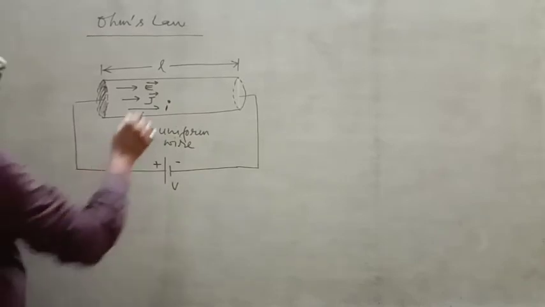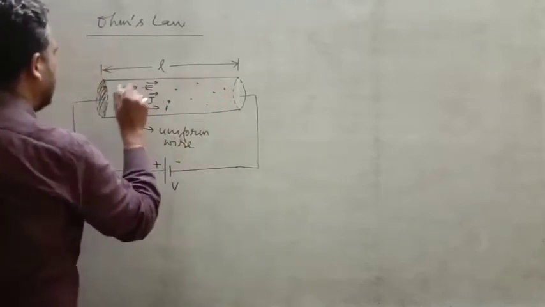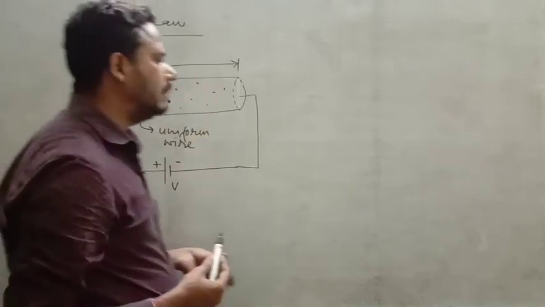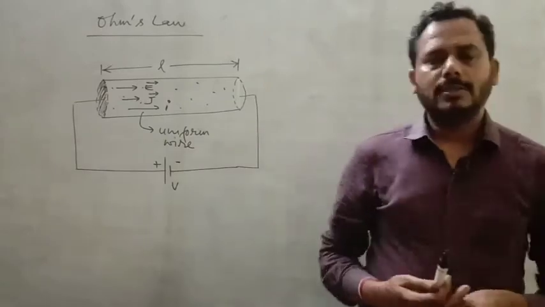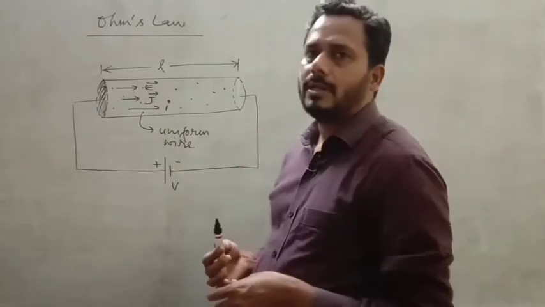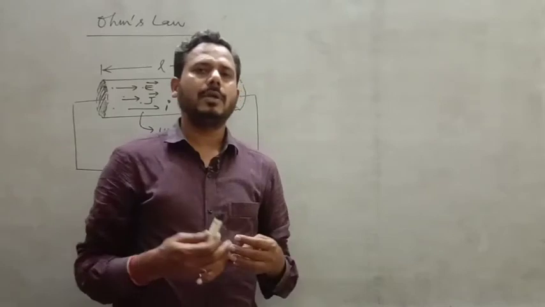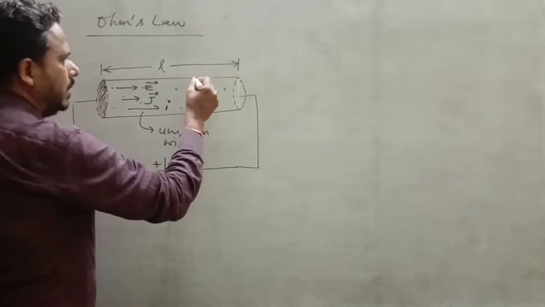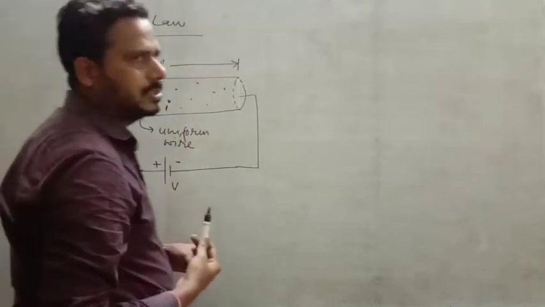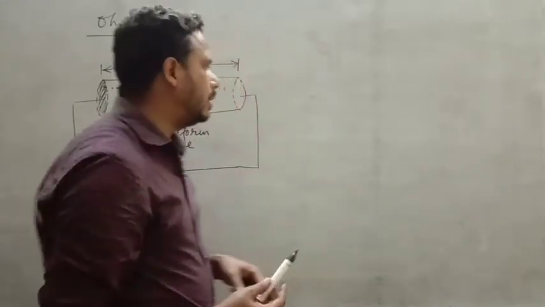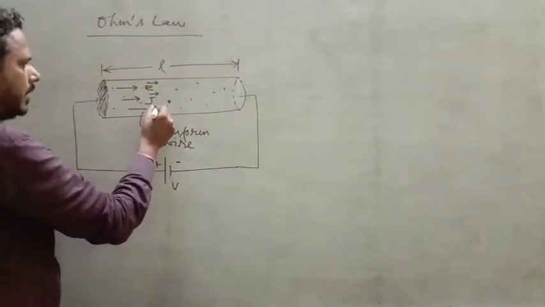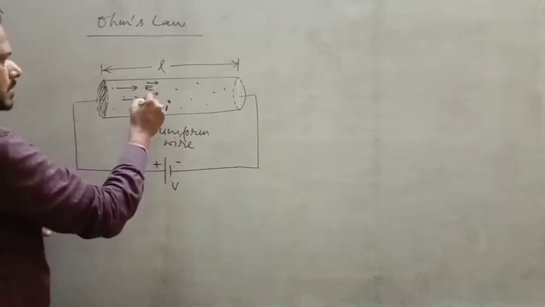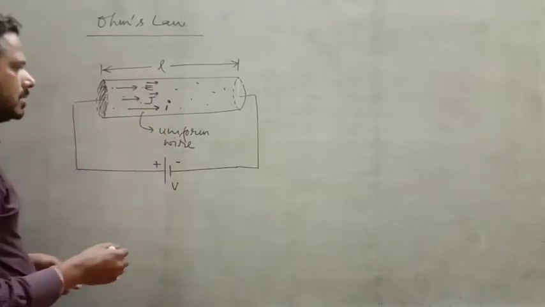Alright, why? Because the number of electrons in the wire, alright, and inside this wire, these electrons are flowing from this terminal to this terminal, because your electron is negatively charged, that's why. So here we have used the current I, that is the conventional current. Accordingly we have this current density in this direction.